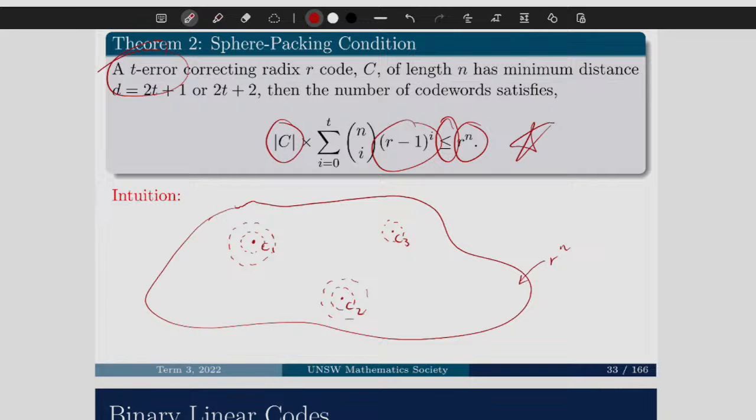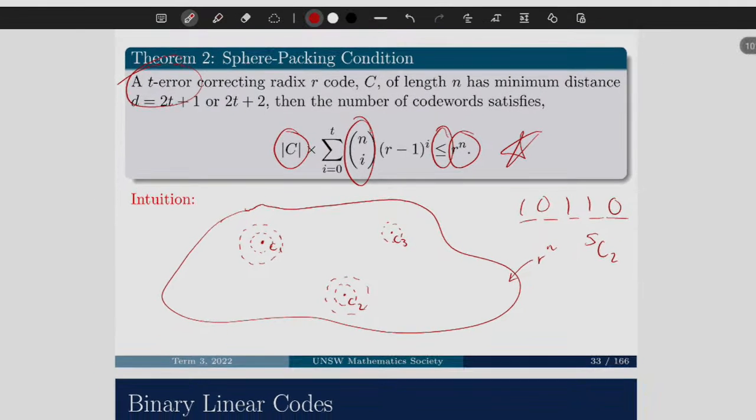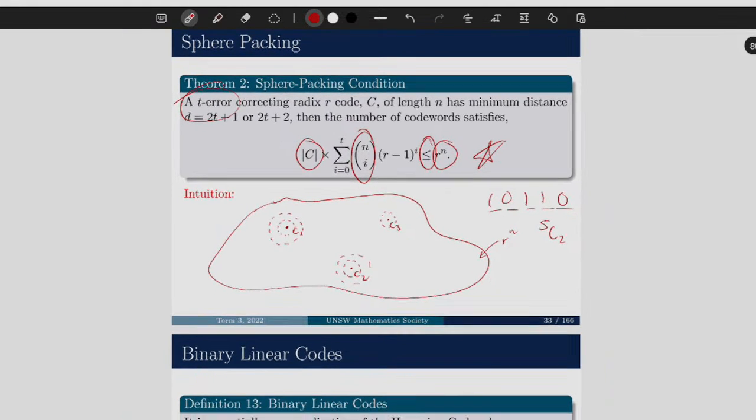Where we consider radix and the number of possible sums. But that leaves us with this combinatoric here. How does combinatorics come into play? Well, for example, if I had a string of 5 bits, 1, 2, 3, 4, 5, and I said there are 2 errors here, well then very easily we can say that there are 5 choose 2 places where that error could exist, and hence the role of combinatorics in this, right? Again, sphere packing is something that's also pretty easy to code up.